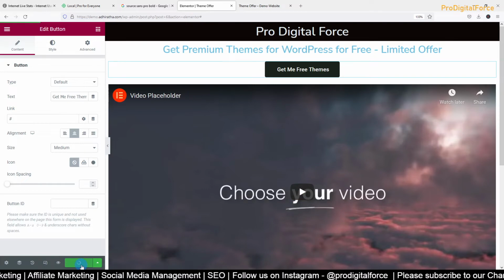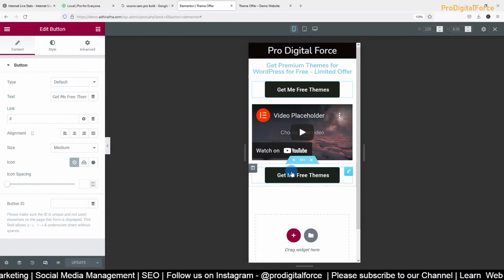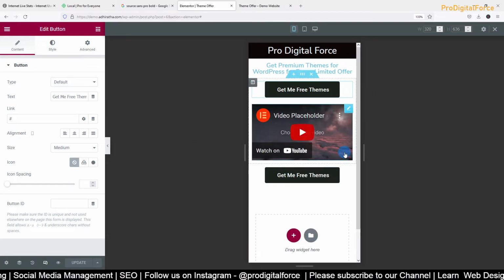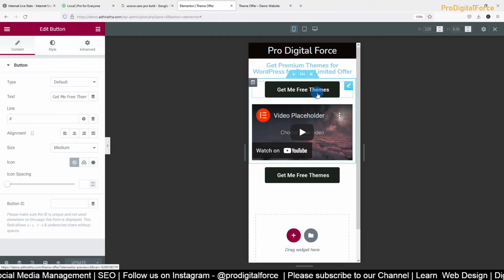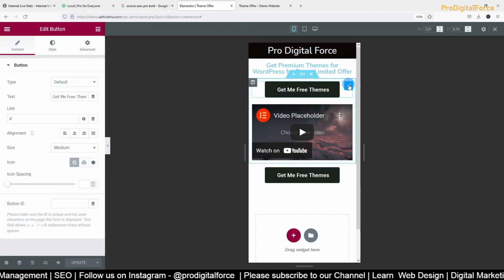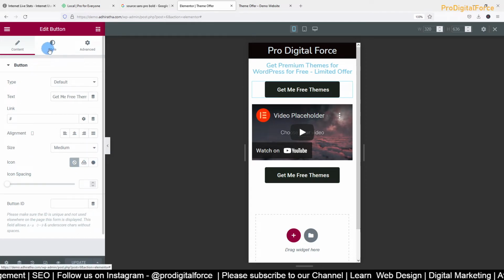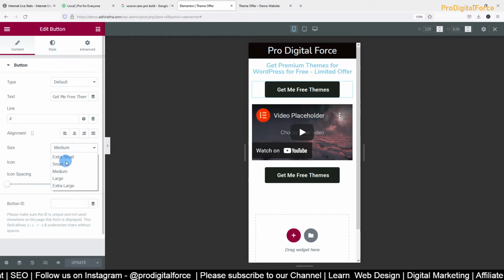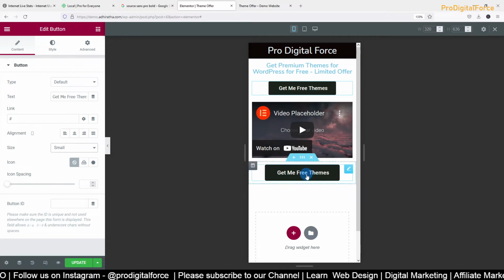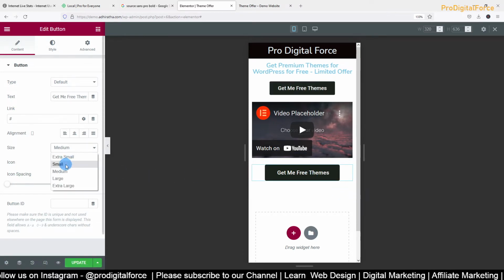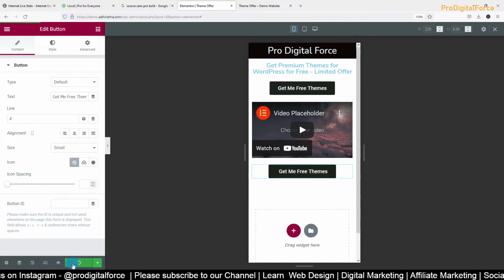Click on update. Now again let me check the responsive mode, how it is appearing. Okay, it looks decent. The button is also coming in a single line. But if I want it changed, I can click here. Small.